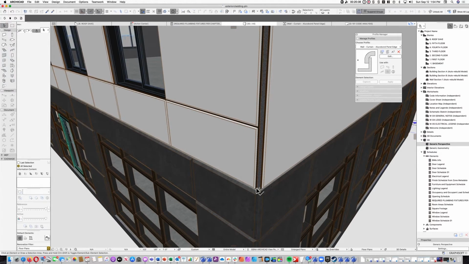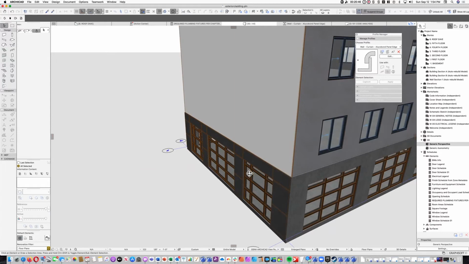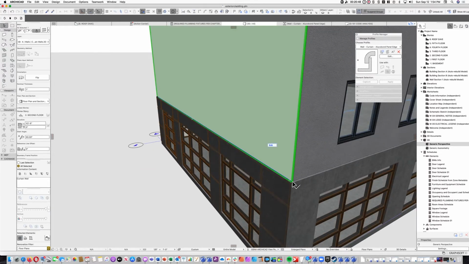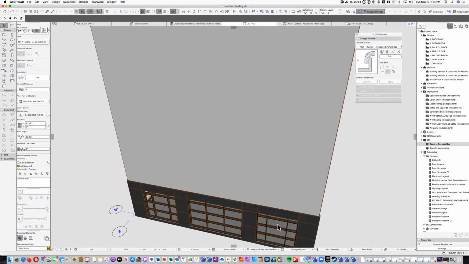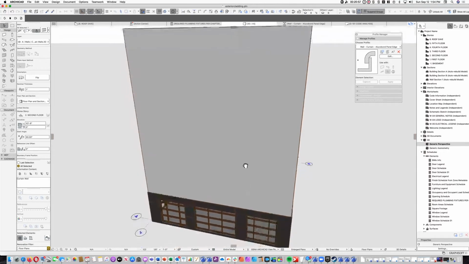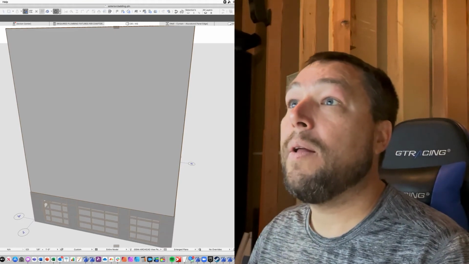Now another thing that you can do is you can also create a corner frame to cover this gap. We might cover that in a future episode. And we're going to go ahead and take this one and also peel it back a couple inches. And now that we have that set up, we're going to go ahead and click on edit, and then we're going to go to